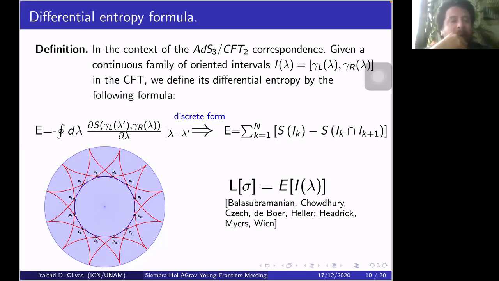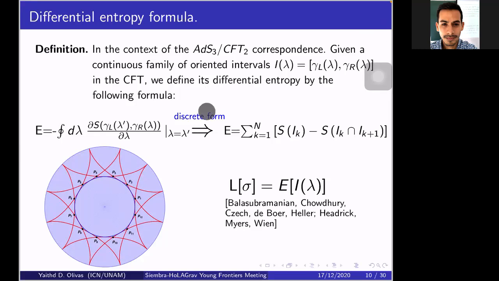I'm referring already, it would be good to have a simple example at the level of entanglement entropy, because you also associate... I can elaborate more on this definition. For example, let me just say for now that the name of differential entropy is just given by the fact that you are using a difference between entanglement entropies. At this level, this is just a name that you adopt because of the formula.